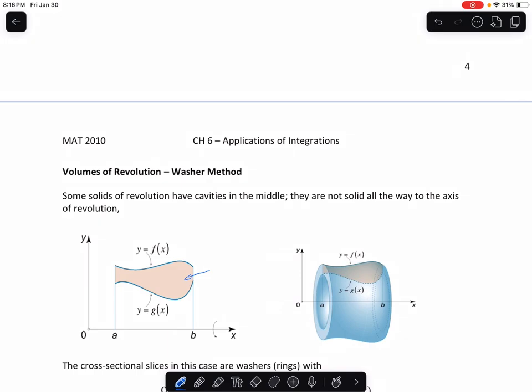So for example, when this region is revolved about the x-axis, we get a solid like that, but you can see there is a hollow inside. You can see the rim of the edge of this solid is like a washer. So when you take the slices or the cross sections,